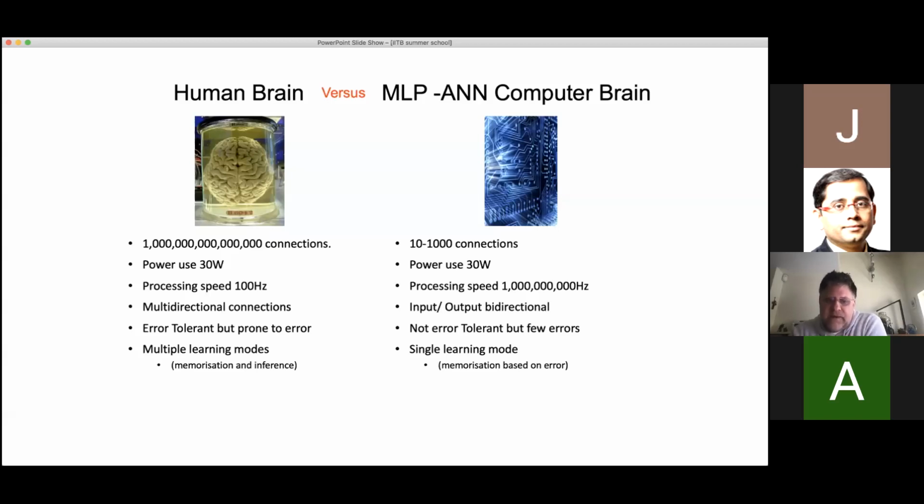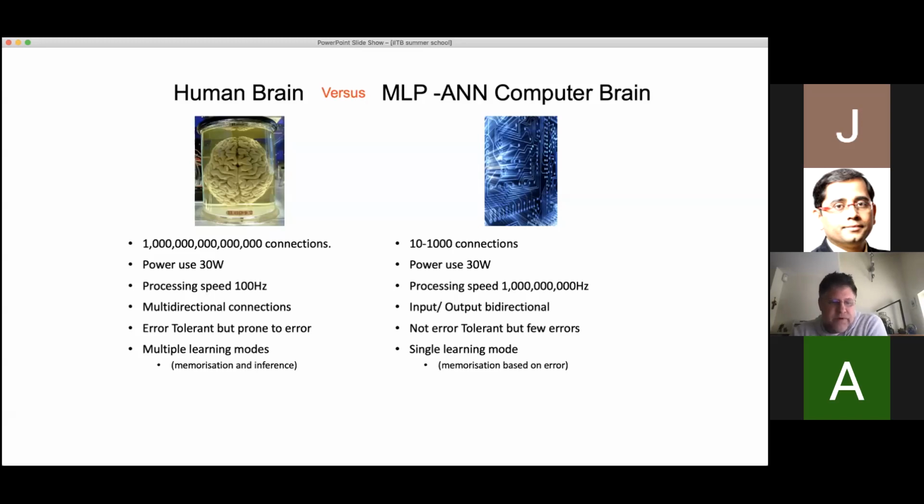The area we work in, we work on a few less than that, but so-called deep learning methods, which many of you may have heard about, but deep learning is a kind of a new method that's coming about for analyzing complex data, such as image data. And there you might have 1 million connections, but certainly nowhere near the number of connections that we have in the human brain. Both these systems, interestingly, use about 30 watts of power. So a computer chip uses about 30 watts. In terms of energy use from biological energy, we use about 30 watts.